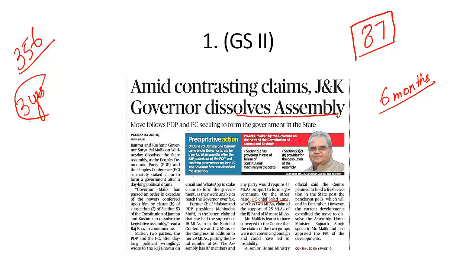Now once the Jammu and Kashmir Legislative Assembly is dissolved, it paves the way for the conduct of Legislative Assembly elections in the state of Jammu and Kashmir. Because as per the existing structure, the Election Commission shall have to hold elections in the state within a period of 6 months. That is what this issue is all about.